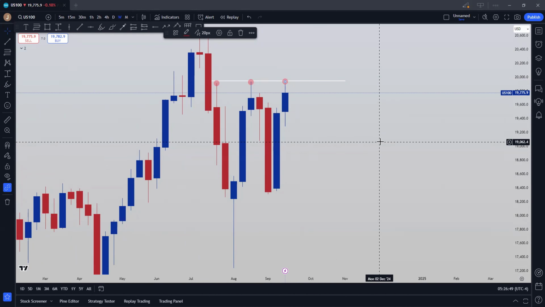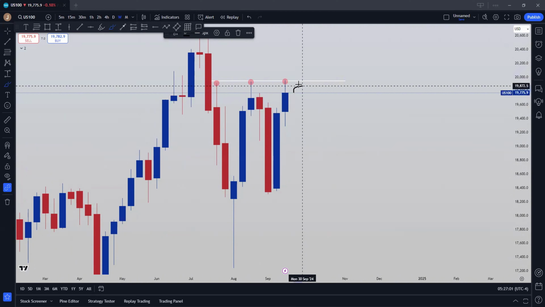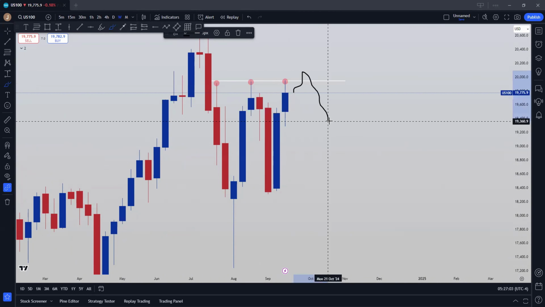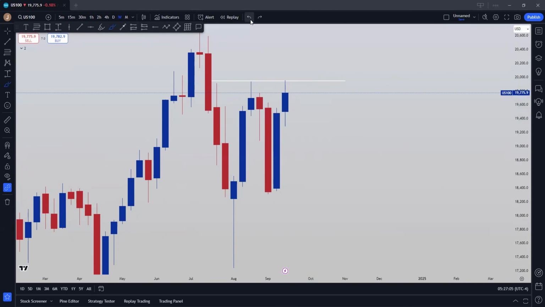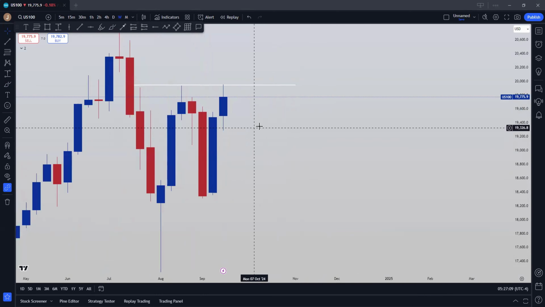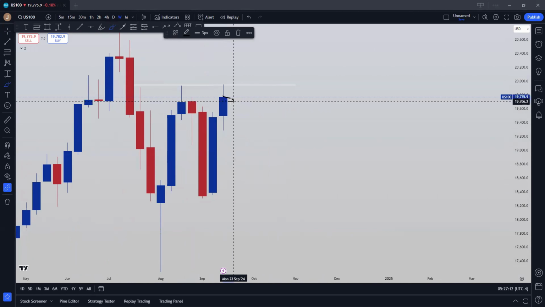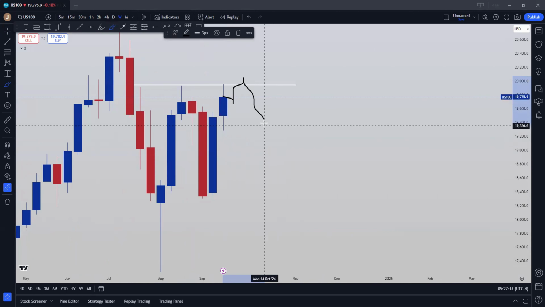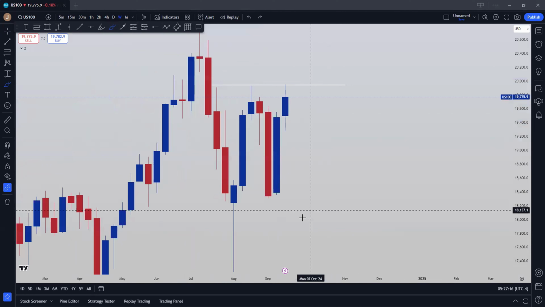To those who have been watching me for a minute now, you guys know what I will most probably say after this. Ultimately, I would like to see us take out these highs as well, and then have an actual downside momentum, right? That is what I would like to see happen on the Nasdaq. Something like create the week, go up, and then have that shift back towards the downside.